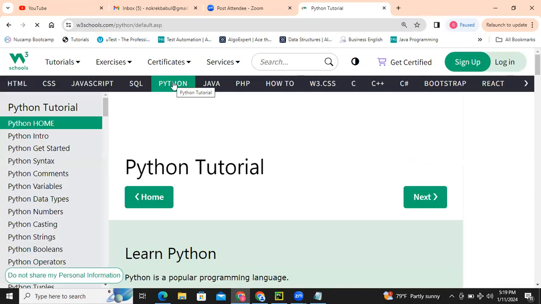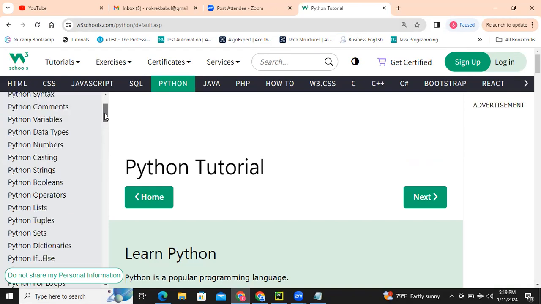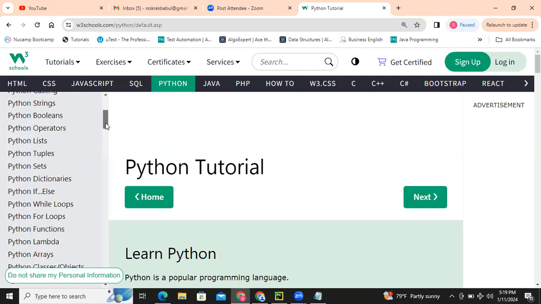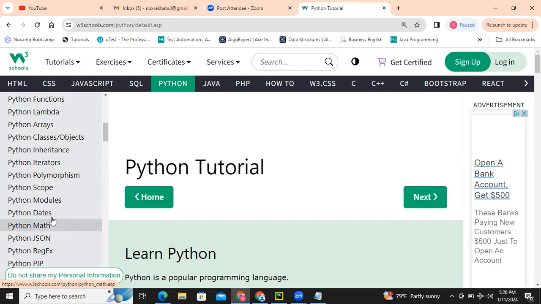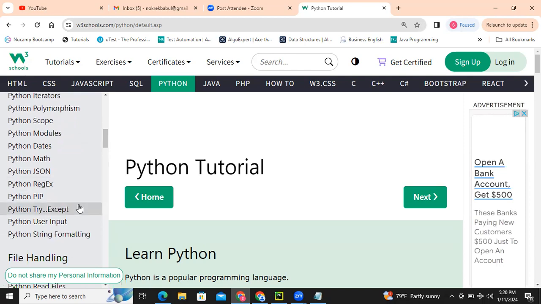If you click on Python, here is the Python tutorial, you can go step by step up to polymorphism, which we need to deal with cybersecurity and ethical hacking. But you can also learn modules, though dates and math are not necessary.